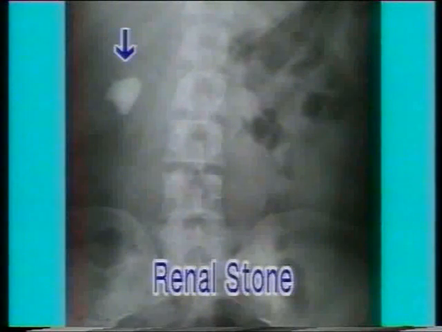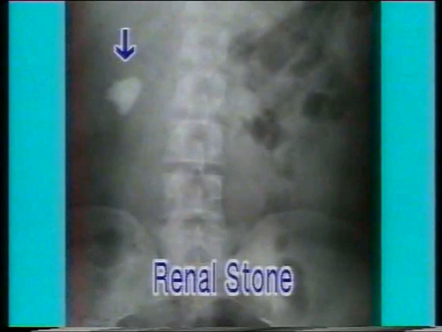More than 85% of the urinary calculi are radio opaque and are seen on a plain X-ray KUB. The rarer radiolucent calculi are invisible on plain X-ray and can be detected on IVP or by ultrasonography. This is a solitary stone in the right kidney. Such a dense shadow with stippled border is characteristic of calcium oxalate stones. The shape of the stone suggests that it is lying in the renal pelvis.